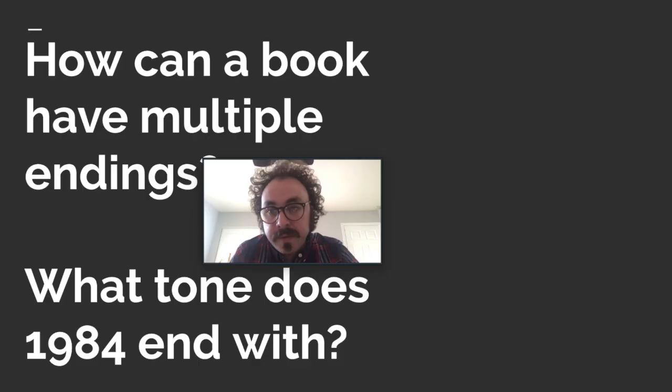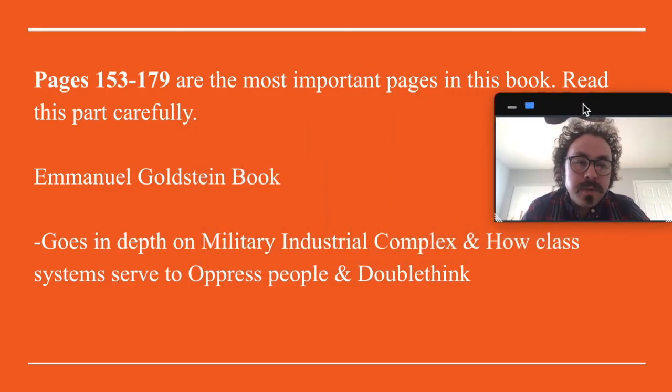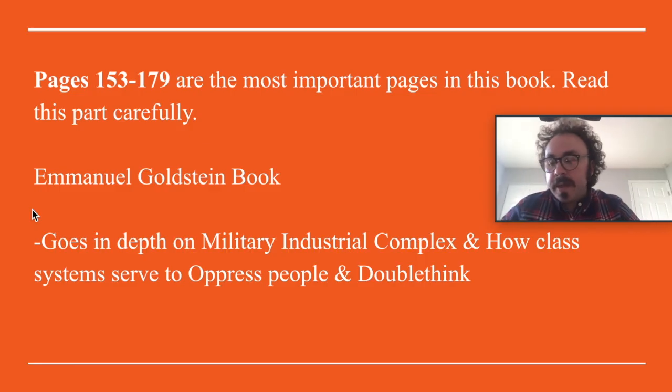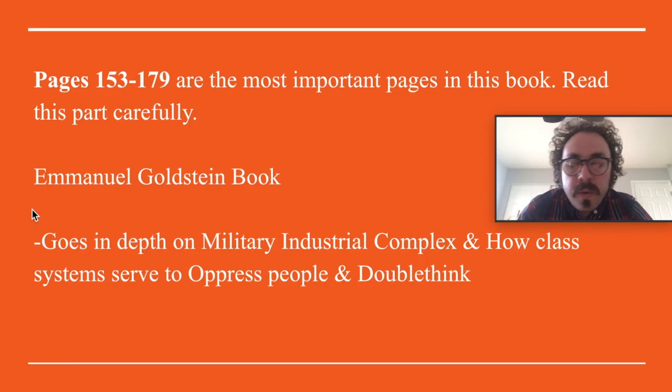Before we talk about the ending, I just want to do a quick reminder. I don't believe we did a thorough enough job on the Emmanuel Goldstein book. The Emmanuel Goldstein book, I think, is maybe the most critical part of the novel. Usually, we read the whole thing in class when we're not doing distance learning, and we dissect it 2 pages at a time. We just really didn't have the capacity to do that over distance learning when we had the senior research paper,